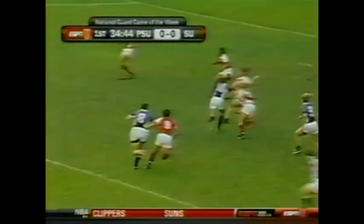Nice engage. Good solid platform for Penn State. Out it goes. On the burst is Anderson. Sadie through the gate. In for the try. Freshman Sadie Anderson